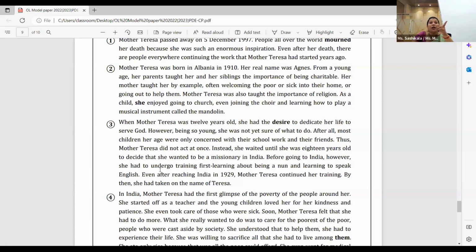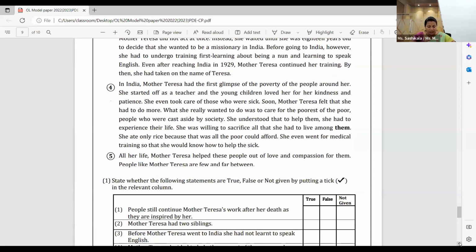She had to undergo training. She had to learn how to be a nun and learn to speak English. Even after reaching India in 1929, Mother Teresa continued training එක තිබුණා කියන එක. So it is understood that this statement is